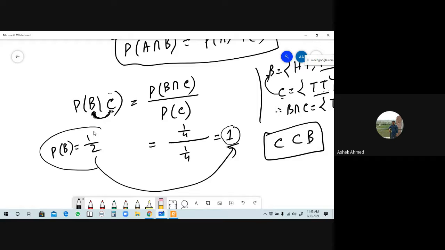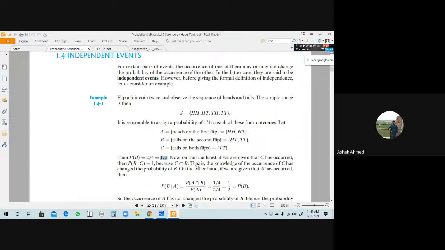বি এর প্রবাবিলিটি হাফ ছিল, সি গিভেন হওয়ার কারণে প্রবাবিলিটি কত হয়ে গেছে? চেঞ্জ হয়ে গেছে। এটা এখানে বলা হয়েছে probability has changed. That is, the knowledge of the occurrence of C has changed the probability of B. তাহলে C এর রেসপেক্টে আমাদের B এর প্রবাবিলিটি বের করার কারণে রেজাল্টটা চেঞ্জ হয়ে গেছে। On the other hand, if we are given that A has occurred, A মানে হলো occurred করতেছে, A যদি occurred করে তাহলে from here tell me here